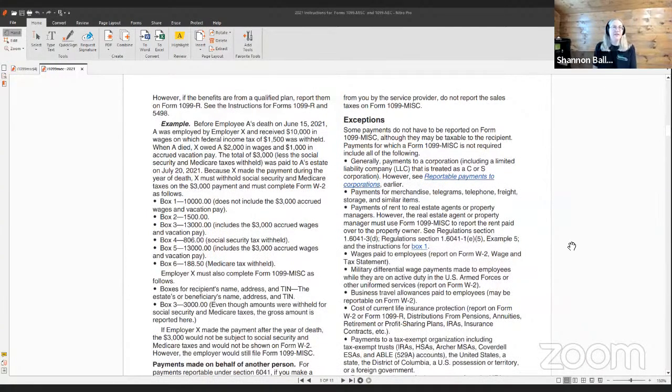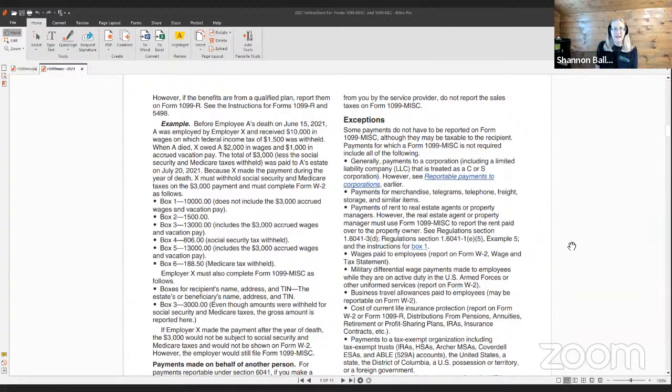However, if the benefits are from a qualified plan, report them on Form 1099-R. See the instructions for Form 1099-R and 5498. Example,